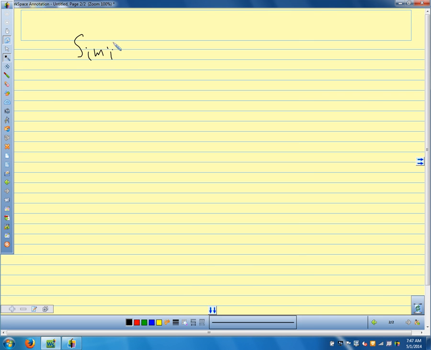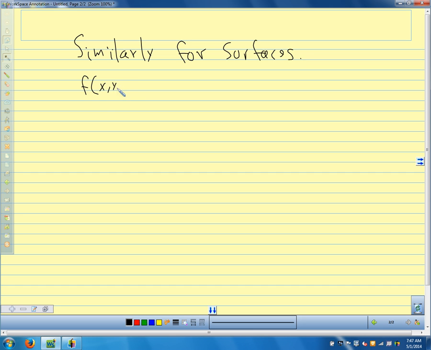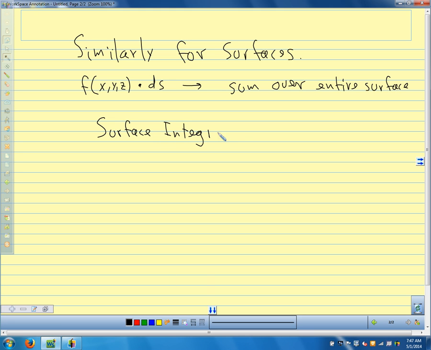So similarly for surfaces, again we're going to take our function value, some f of x, y, z, and multiply it times ds, and we're going to sum this over the surface. And so we're going to define our surface integral. It's going to give us a surface integral, which is the double integral over S of f of x, y, z